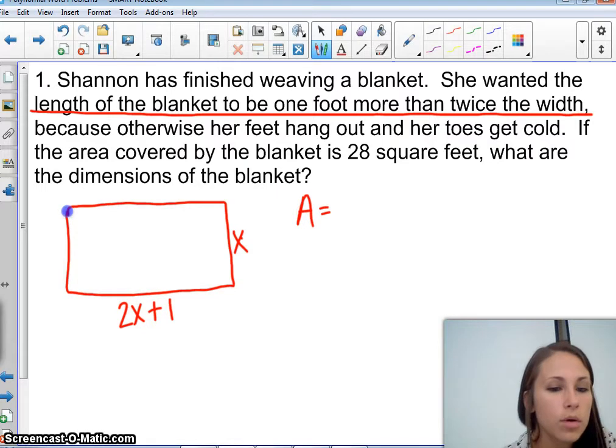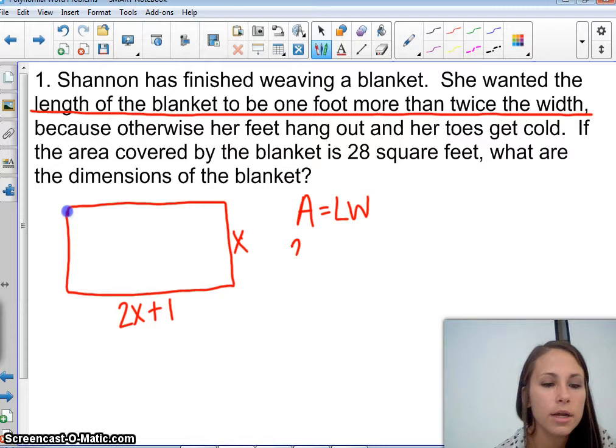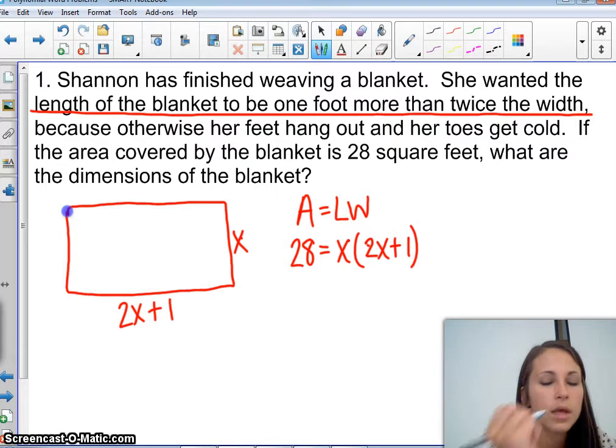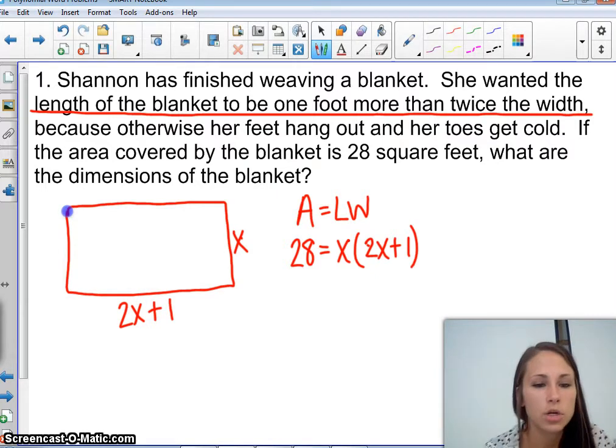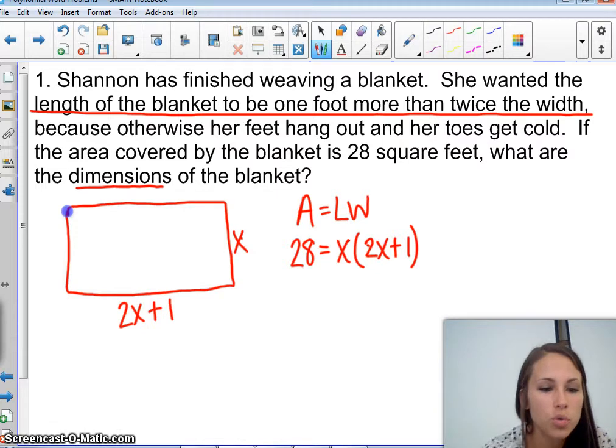Now, it tells me that I have the area. So the area, I'm going to write that formula down as length times width. So if I want my area to be 28, I'm going to plug that in for A, and then my length and width are going to be x times 2x plus 1. Now, we're going to make this as easy on ourselves as possible. So if I want to find the dimensions, I'm going to subtract this 28 over,